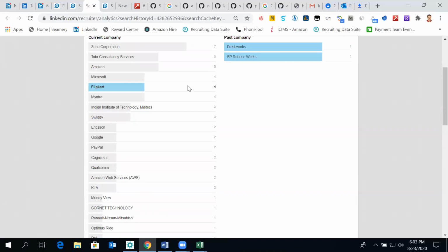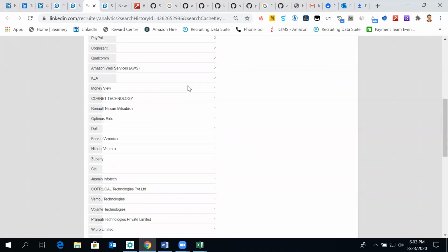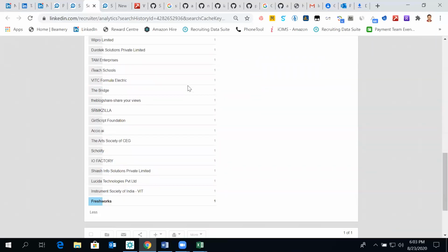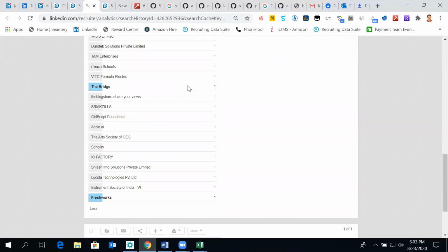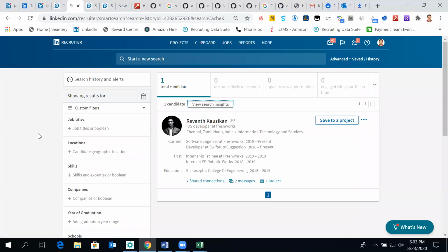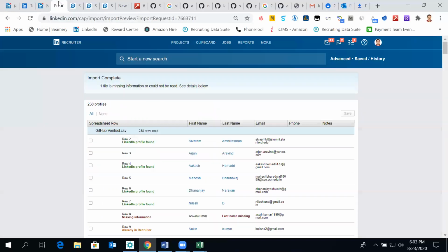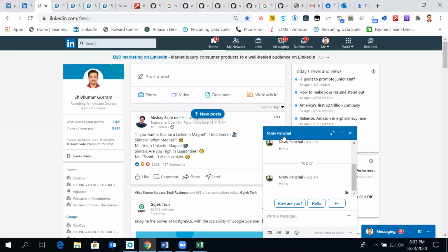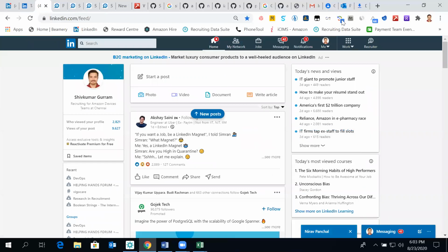Right. So we have seen in both the cases, profiles which are existing, which are verified with GitHub, and profiles which are not verified also. So yeah, that's what I can say. We should take a chance.